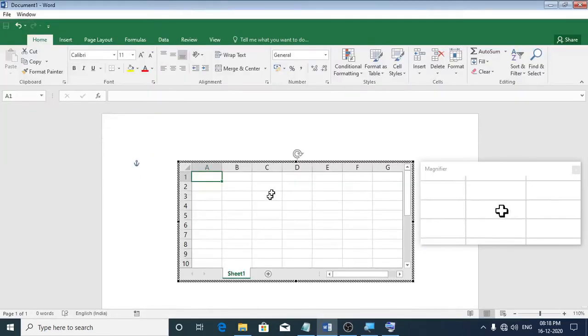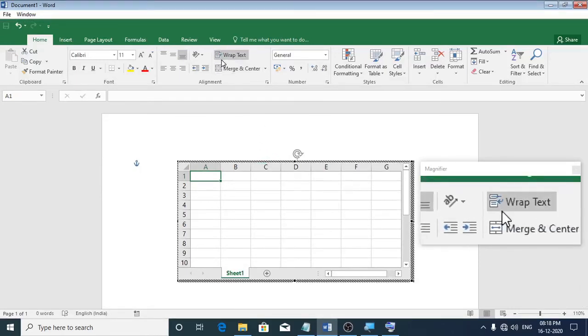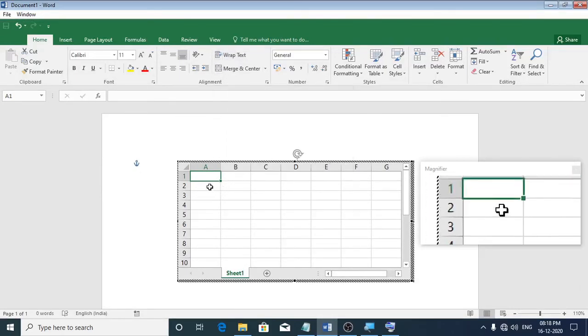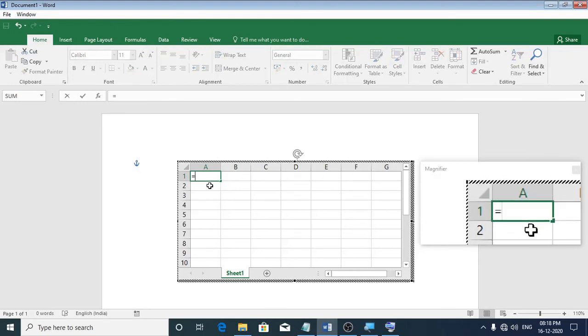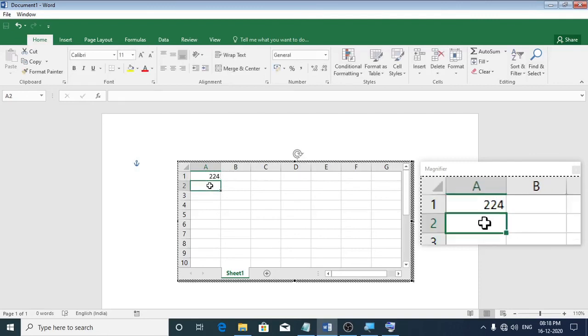So this displays Microsoft Excel and all of its tools. You can perform all the calculations. Now say for example, I'll just create a simple formula, plus something like that, and hit the enter key.